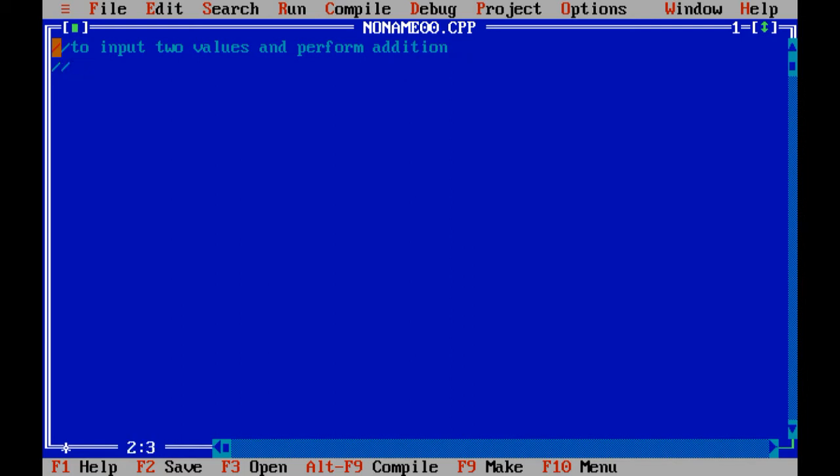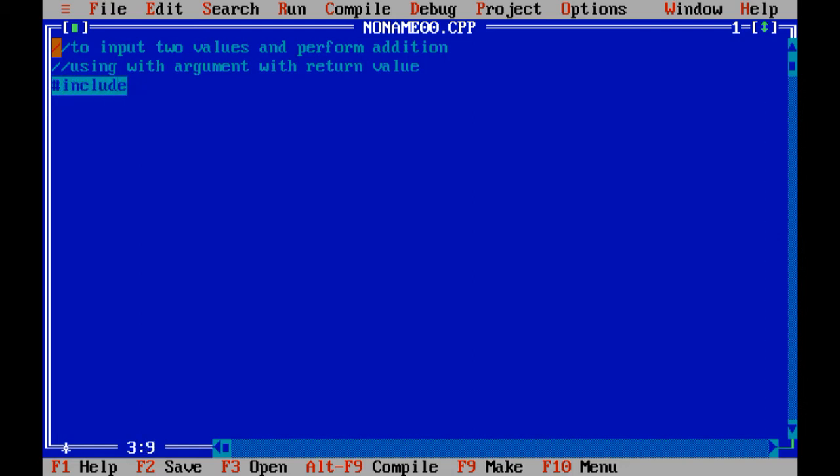This program you need to perform using function with argument with return value, right? So let me develop this program first.